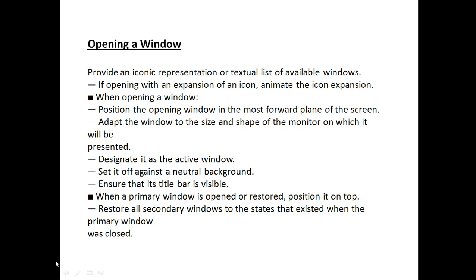Whenever we open a primary window, when a primary window is opened or restored, we need to put this particular window at the top. Okay, and we need to restore all the secondary windows to the state that existed when the primary window was closed.